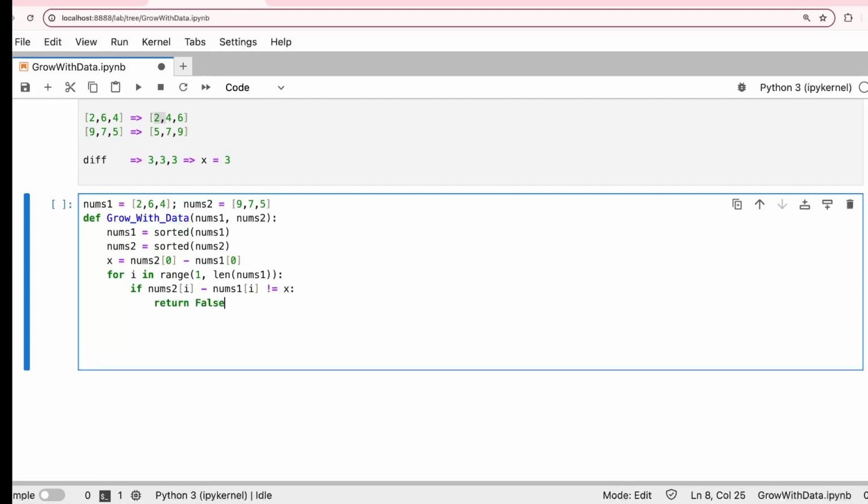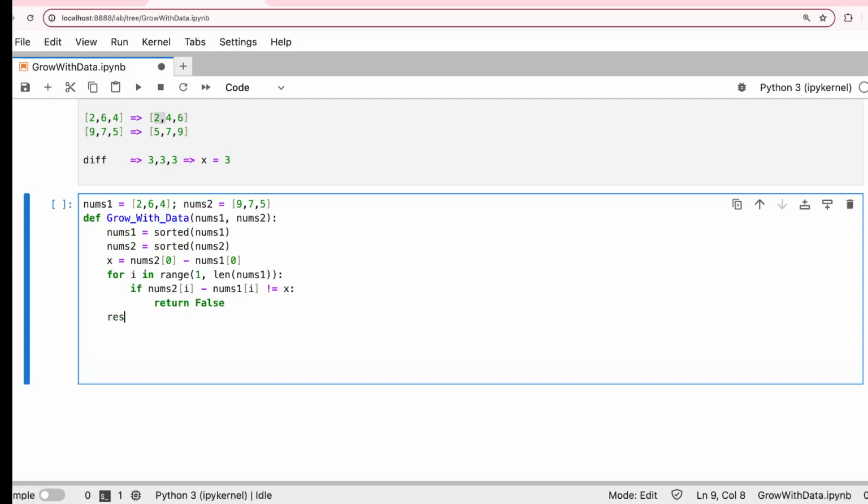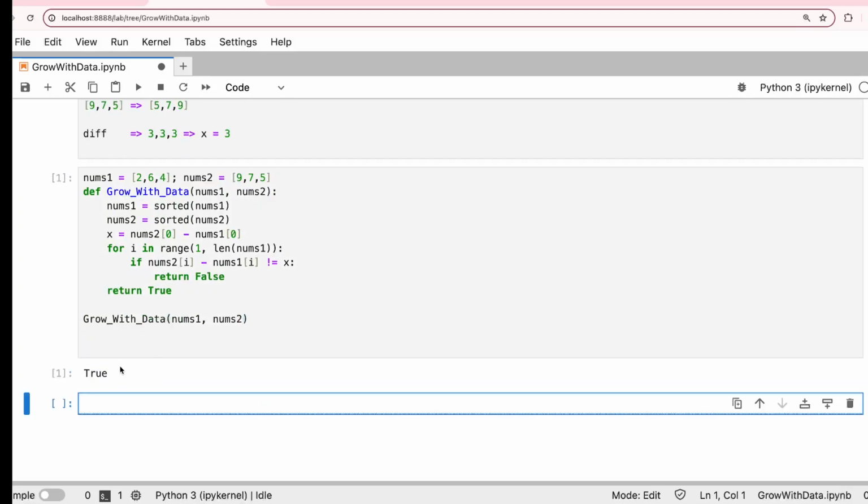Return false. If everything goes good, then return true. Now if you run the program by calling the function, it got true,